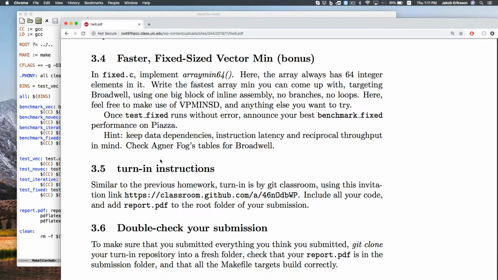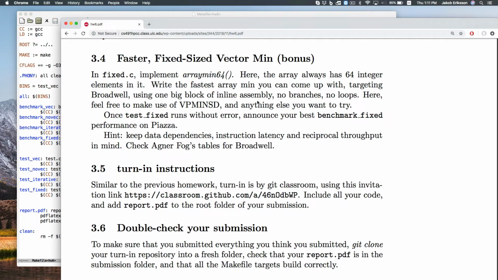But if you have a fixed size vector that you're wanting to find the min out of, then everything gets different. You don't need a loop anymore. We know how many elements there are. And if we know how many elements there are, then we can start worrying more about the timing. So to do this one you can spend a lot of time on. You can do something kind of simple, you can do something really clever, and the idea is,